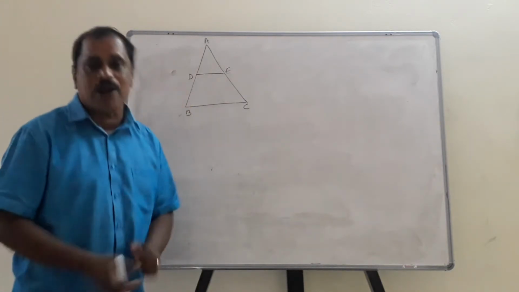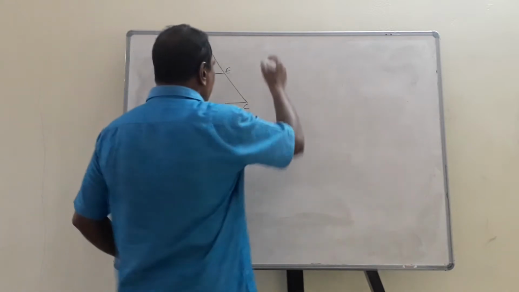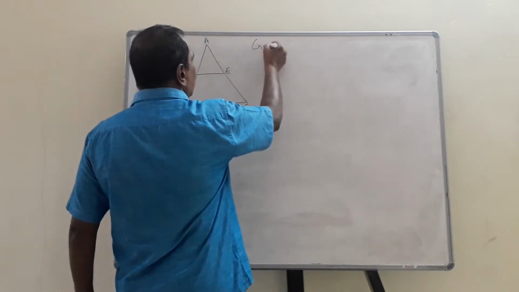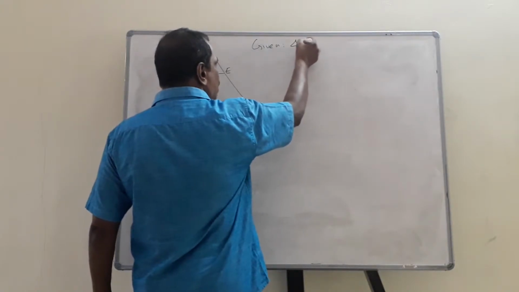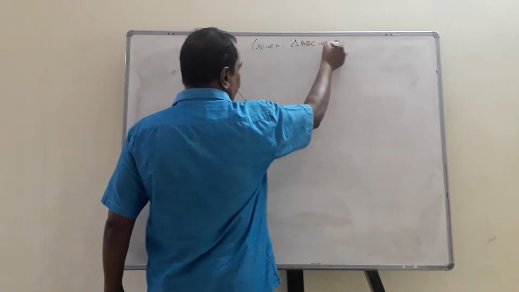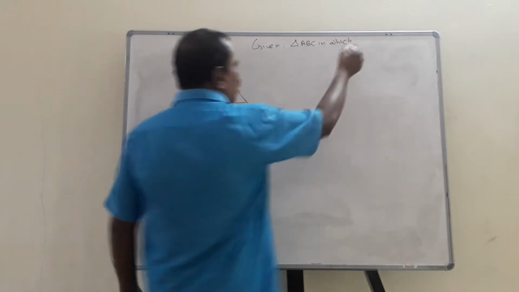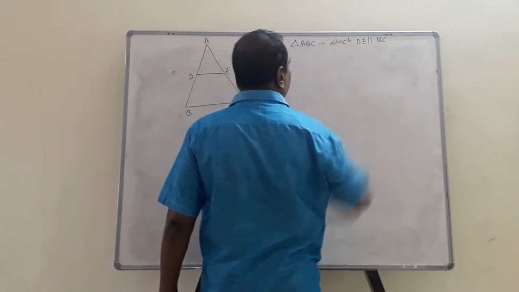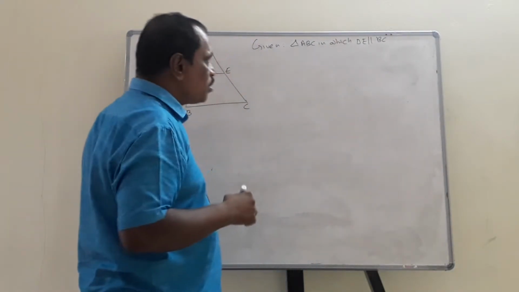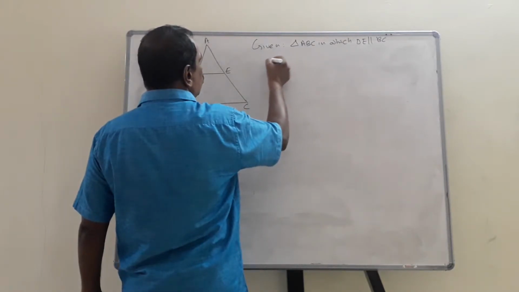This is the first part of the question. It carries 1 mark. And the second part, so what is given? Given is triangle ABC, in which always write what is given, DE parallel to BC. Correct? Then to prove